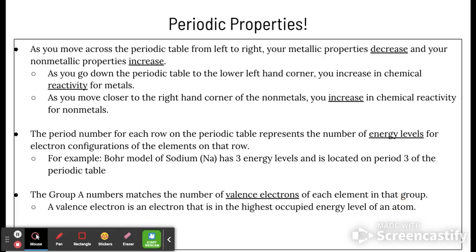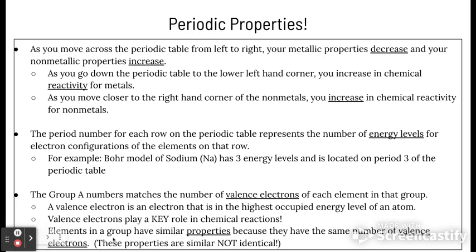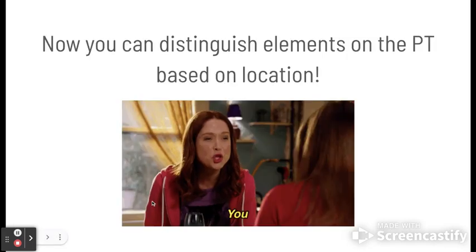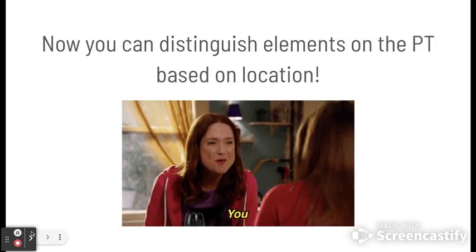A valence electron is an electron in the highest occupied energy level, so it's known as an outer shell electron. These are the ones we care about when it comes to bonding, because these are the ones that will move. So elements in a group have similar properties because they have the same number of valence electrons. The properties are not identical, but they are similar enough that they get grouped together. So every element in group 1A has 1 valence electron, and has very similar properties to the other elements in that group. All right, guys, so now that we have gone through all this information,